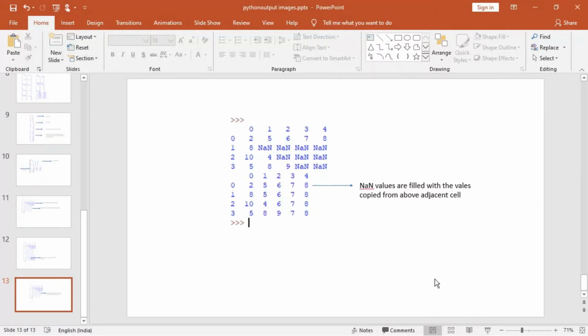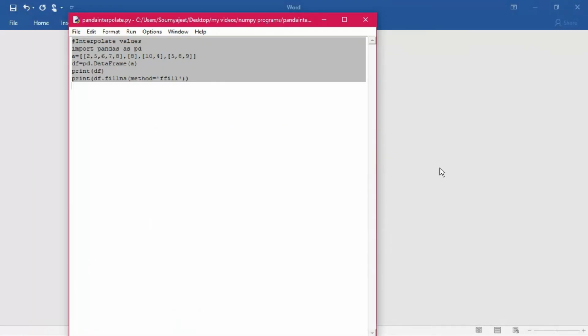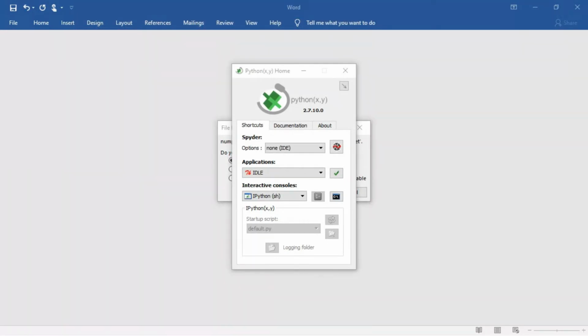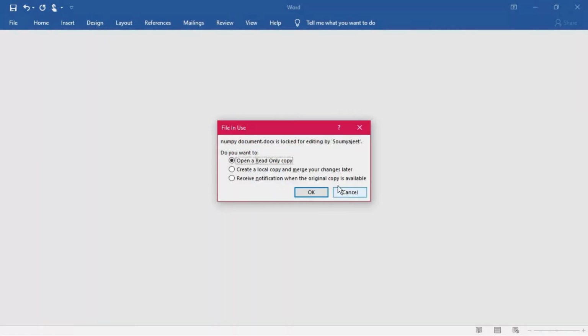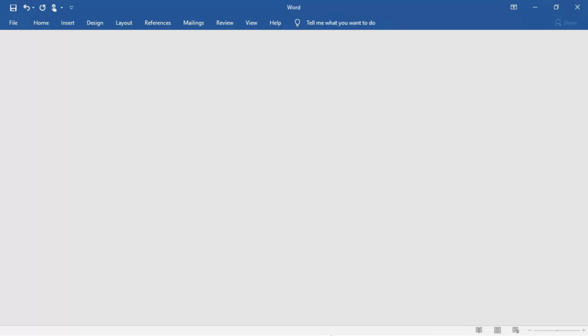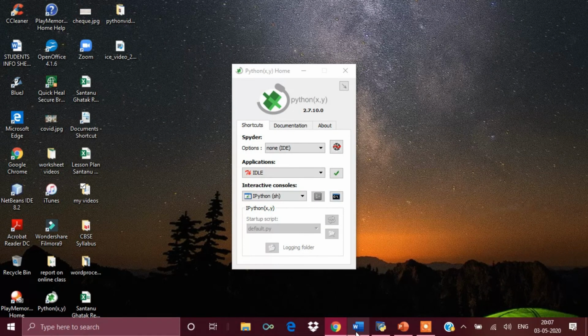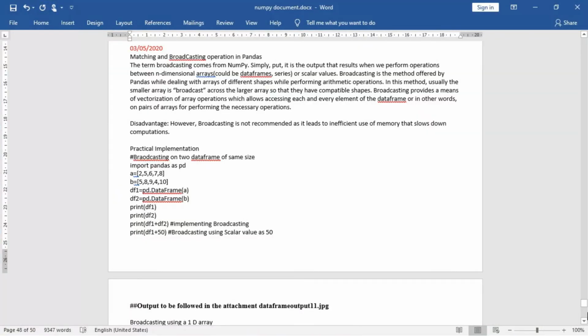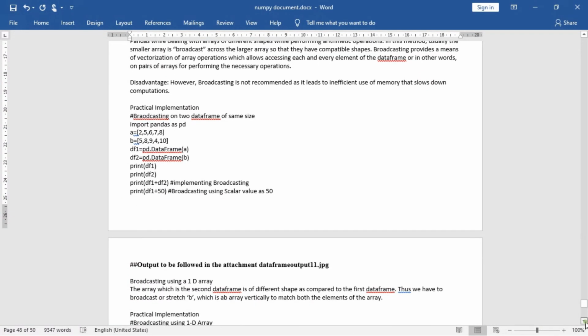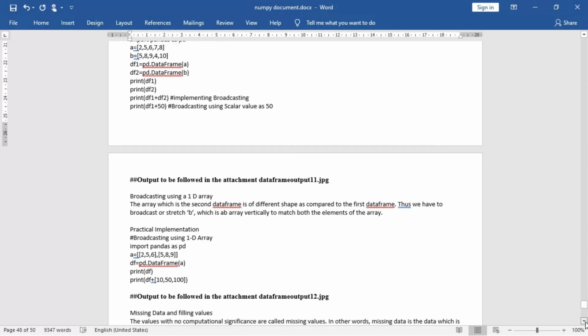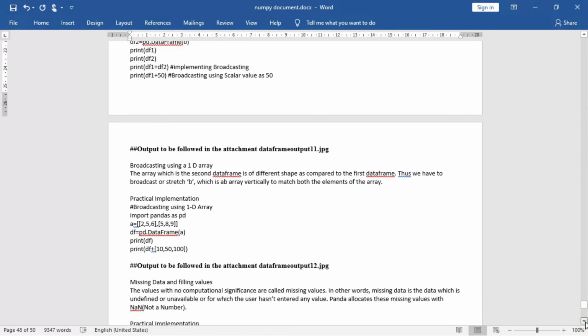Now, apart from this broadcasting, sometimes it happens that the values are not there in the array. We have to see this right now. Now you see, the outputs are all given in the attachments. This is the 1D array, and the missing and filling the values.